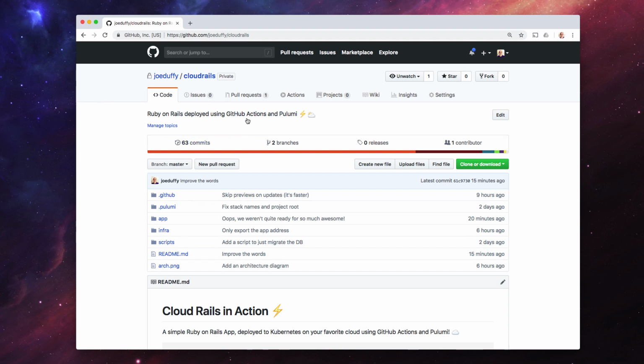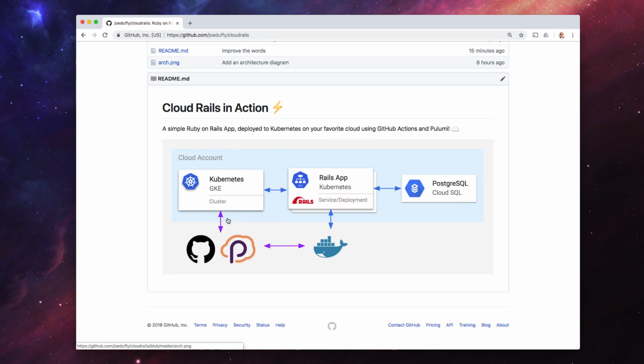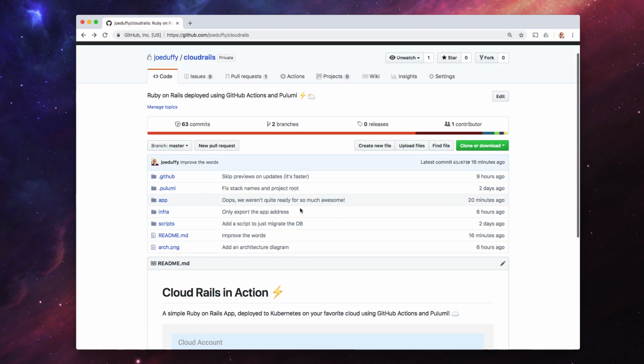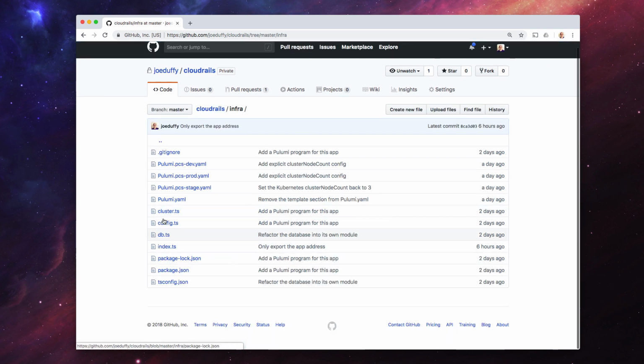Let's take a look at how to use GitHub Actions with Pulumi to do continuous deployment of cloud applications and infrastructure to your favorite cloud. In this case, we'll deploy a containerized Rails app to a Kubernetes cluster that uses a hosted PostgreSQL database. In the app directory, we have a standard Ruby on Rails app, and in the infrastructure directory, a Pulumi program